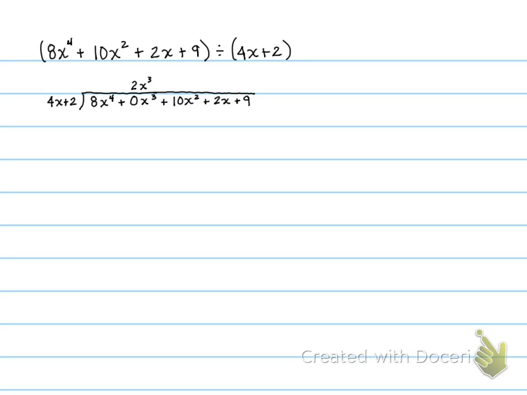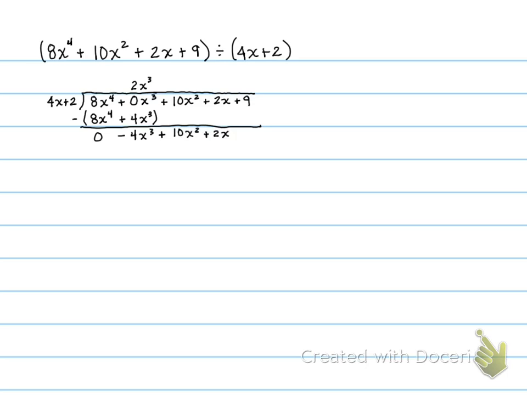We have 8x to the 4th plus 4x to the 3rd. So 8x to the 4th minus 8x to the 4th is 0. And then 0 minus 4 is a negative 4. So we have negative 4x to the 3rd plus 10x squared